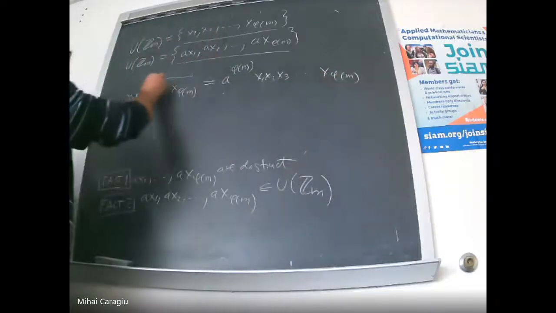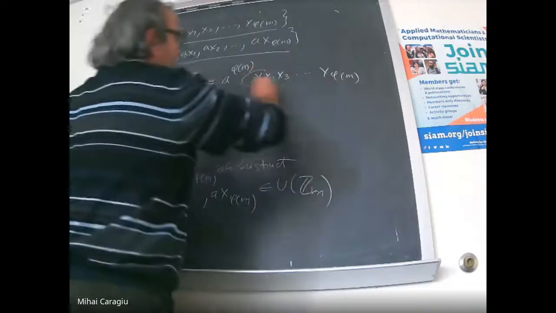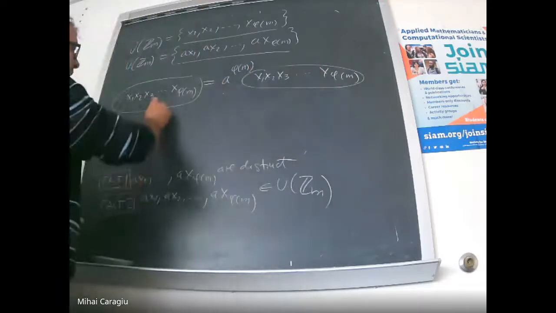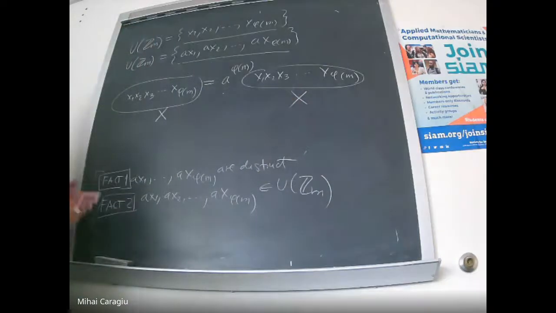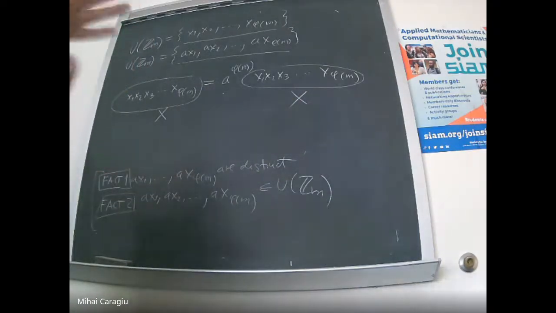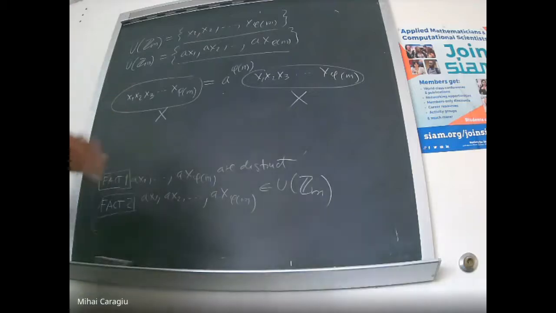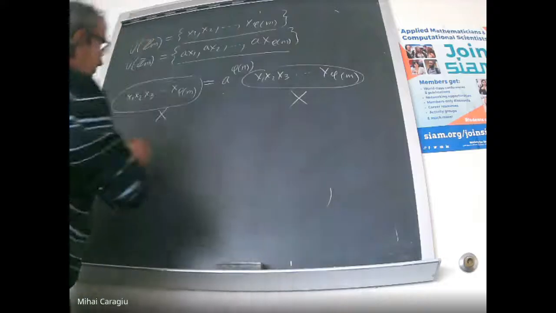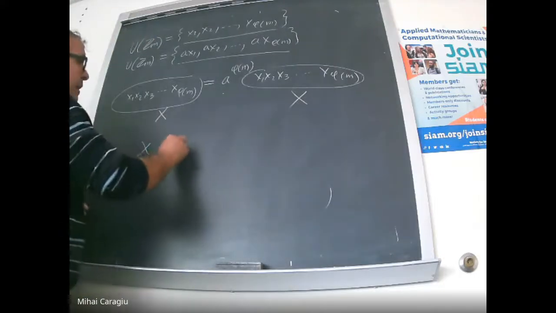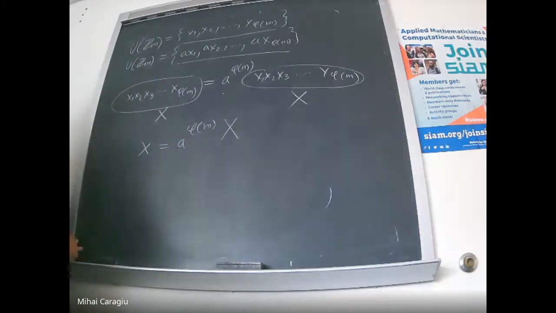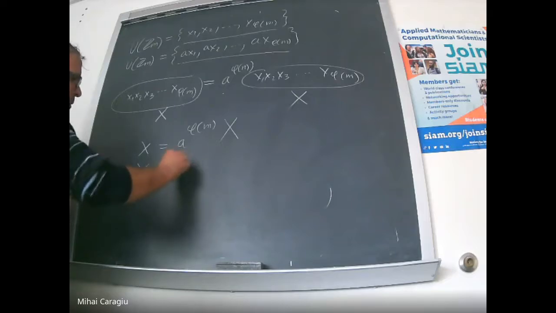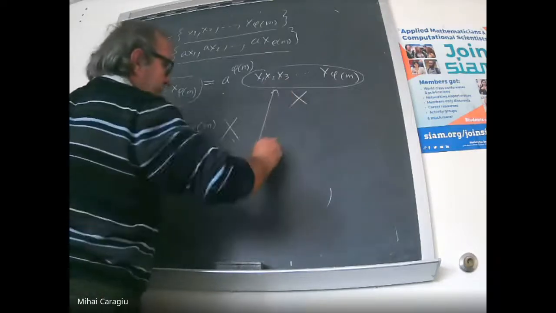What we got here? Product of all invertible elements. Let's call this capital X. Capital X is the product of all invertible elements. By definition, since we know the product of two invertibles is invertible, X is invertible. So we got X equals a to the power phi of n times X. Then, because X is invertible, because it's the product of invertibles,